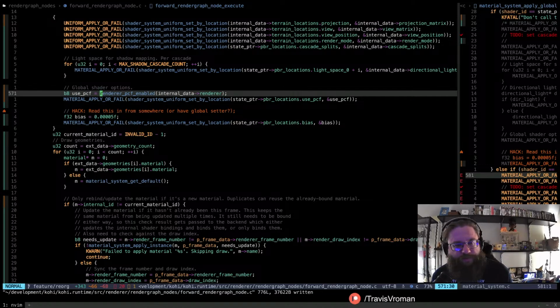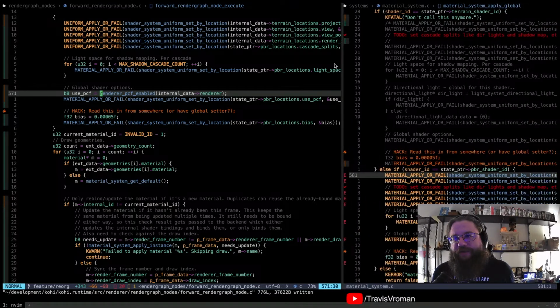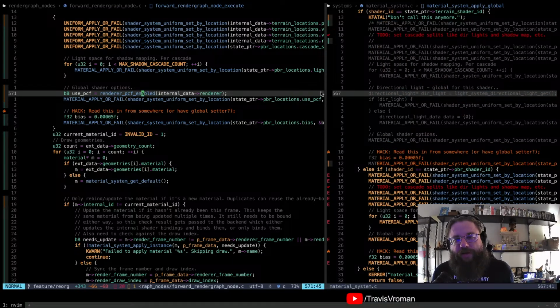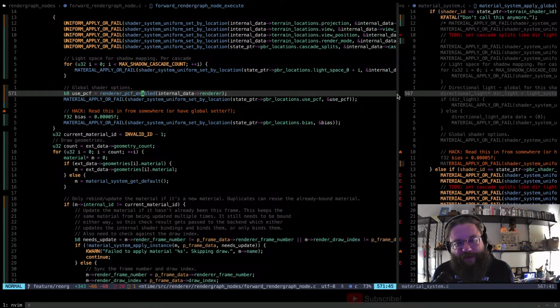All right, so if you recall from when we put in PCF filtering for the shadow maps, that was actually tracked by the material system. We have moved that to the renderer. So the renderer is now responsible for holding onto that and giving us that state. It also listens to the messages. That was one of the things that we could adjust in the developer console. And so that has all been moved to the renderer.